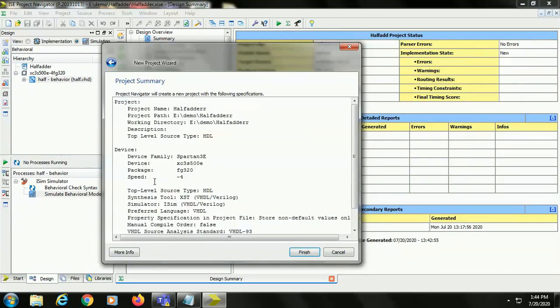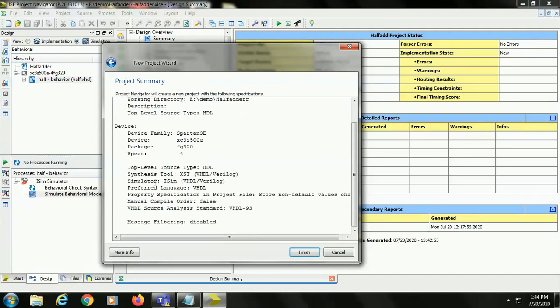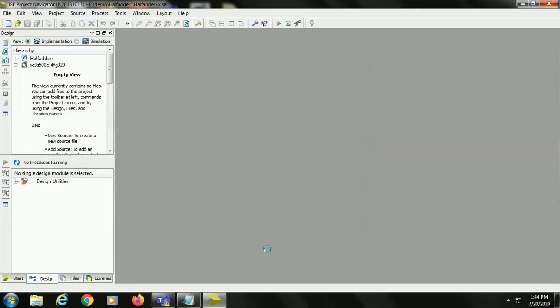Whatever specifications were selected previously are displayed here: device Spartan 3E, package FG320, speed -4. So click on finish. So we'll get a screen like this. Here half adder indicates the project name, and XC3S500E and -4 FG320 indicate the device.